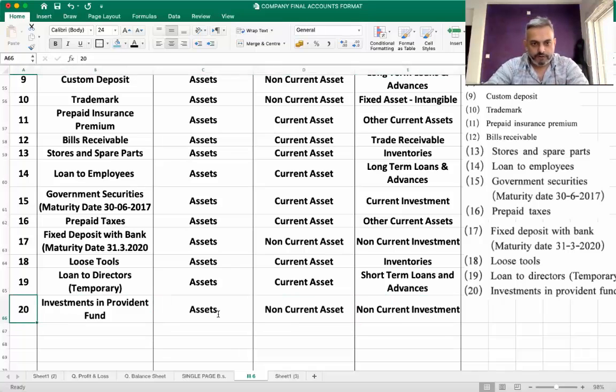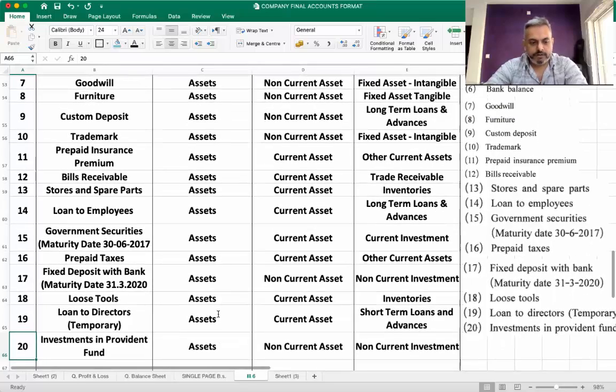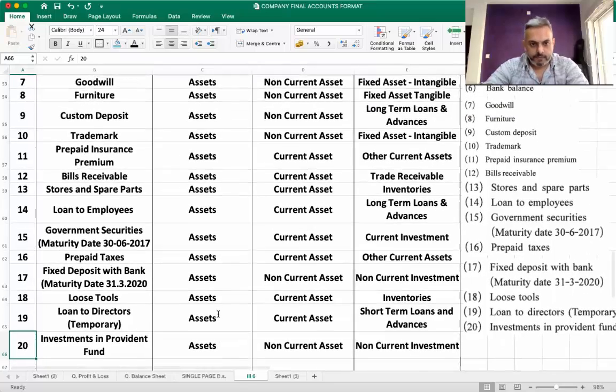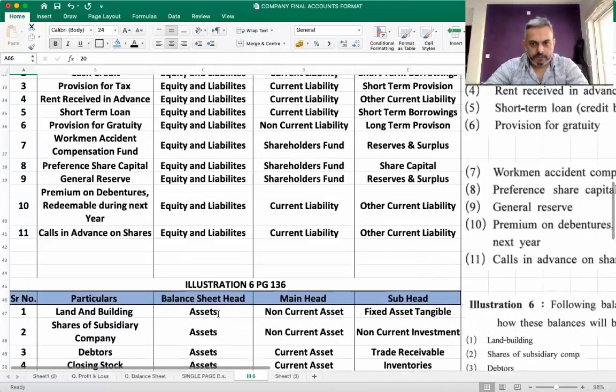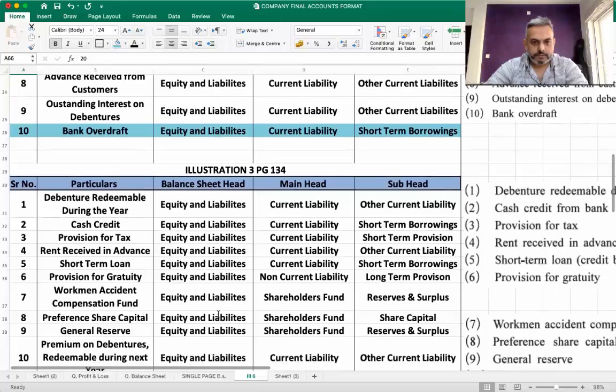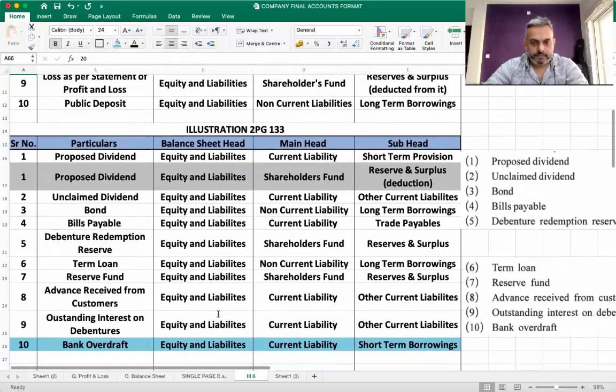So go through all of them and see if you have any doubt in this. In the previous one,